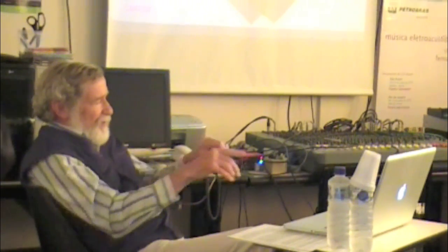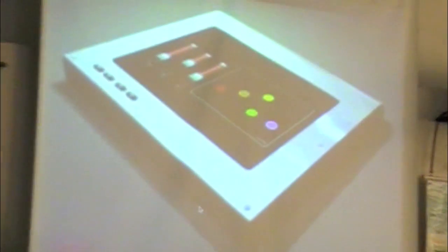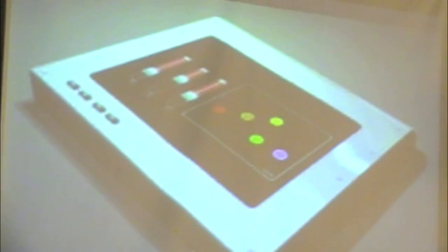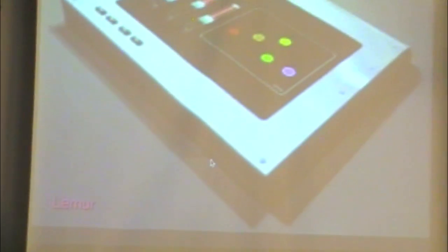Speaking of the Lemur, the interesting thing about it was that they had around 3 algorithms, at least at the time I took this picture, and you could put a pod any place you wanted and move the pod. You could have bouncing balls around a billiard table, and the balls had momentum, so it was kind of interesting. You could probably play billiards with it. But as I say, it had no dynamic response whatsoever,